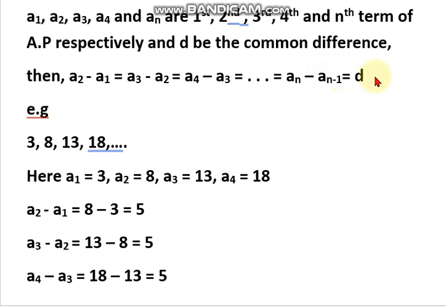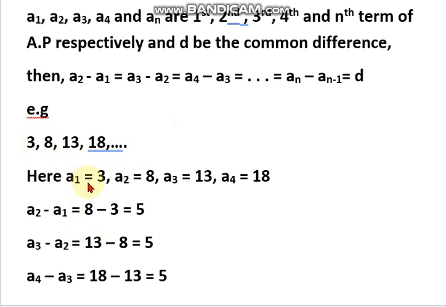In the previous sum the difference was 6, right? So similarly here we are generalizing arithmetic progression, so I have taken d as the common difference. Now let us understand this by taking one example. Suppose we have 3, 8, 13, 18 and so on, and we want to decide whether it is an AP or not. Whenever you want to decide whether the given sequence is an AP or not, you just take the common difference of two successive terms.